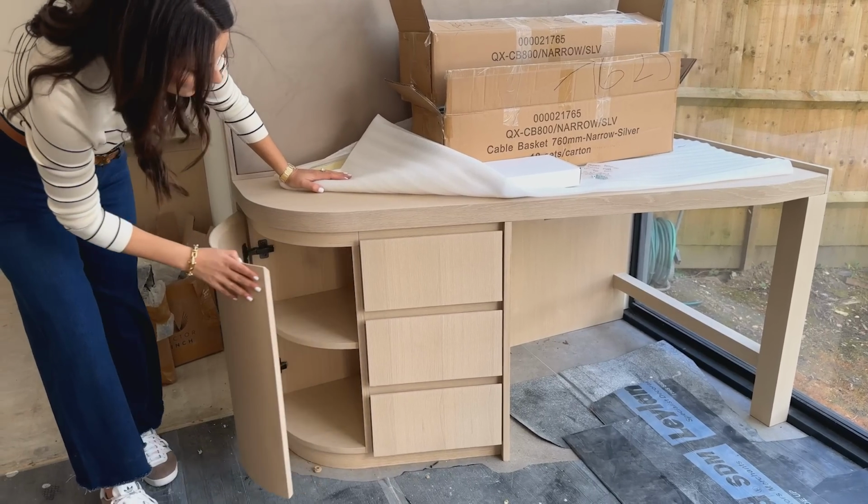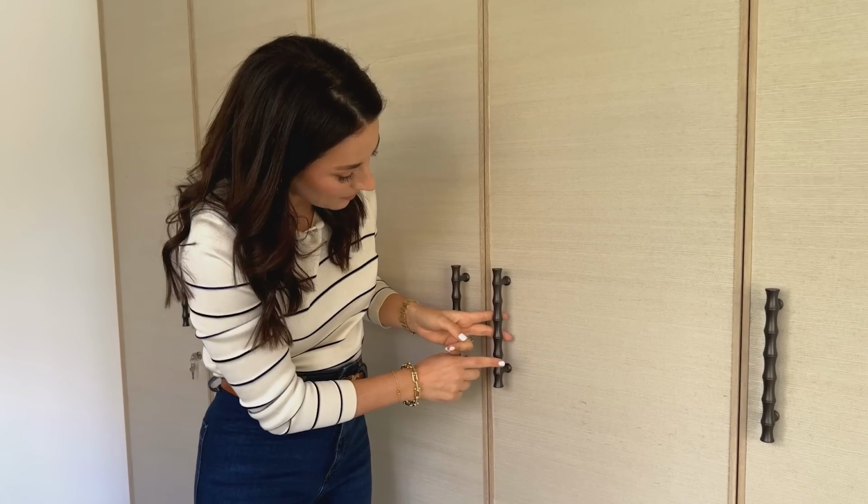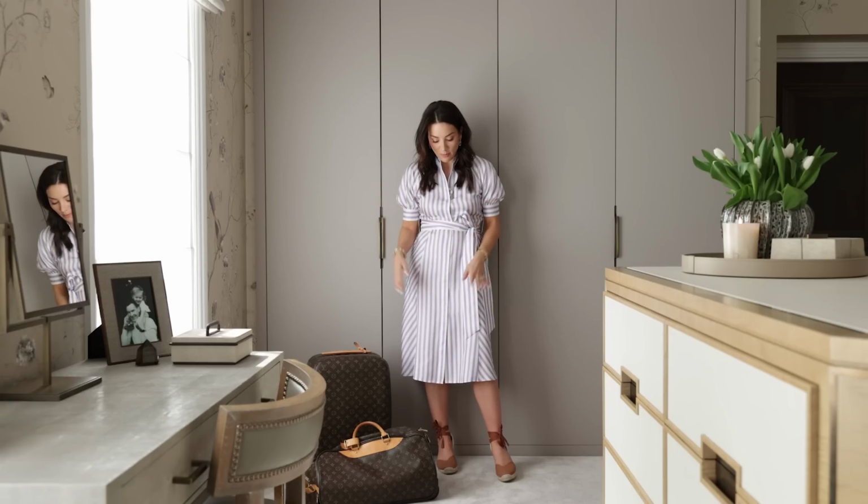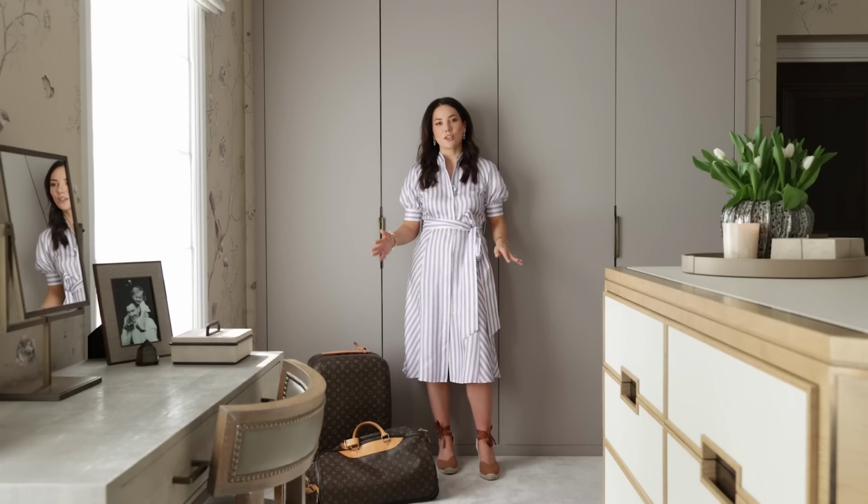All the joinery is going in, the desks, they've installed some handles, there's lots of wall finishes going in, so that's going to be really fun. But before we go to the office, I thought I'd share with you some outfits that I'm packing for Milan,